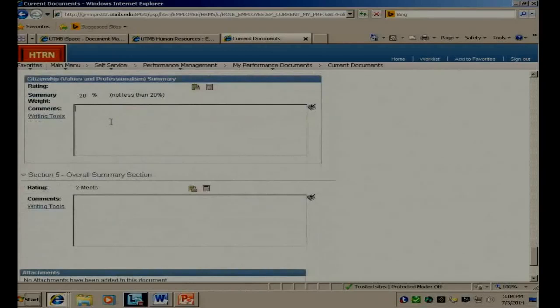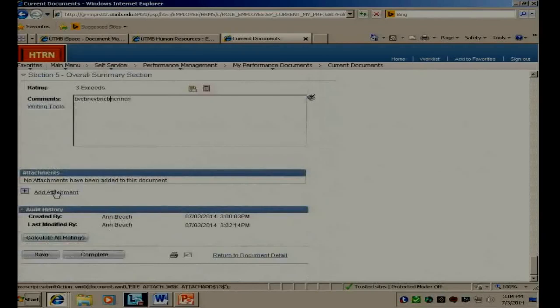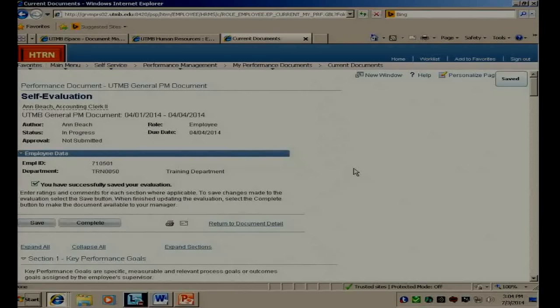Okay. You can provide summary comments. You can provide an overall comment. And notice as we go along and calculating and saving, if we put in additional things, it changes as we've completed additional items. We can add attachments. And again, those attachments, as soon as you add them, they are available to be viewed by both parties. Okay, there's my calculate all ratings if I hadn't already done so, and another save button. Okay, saved,